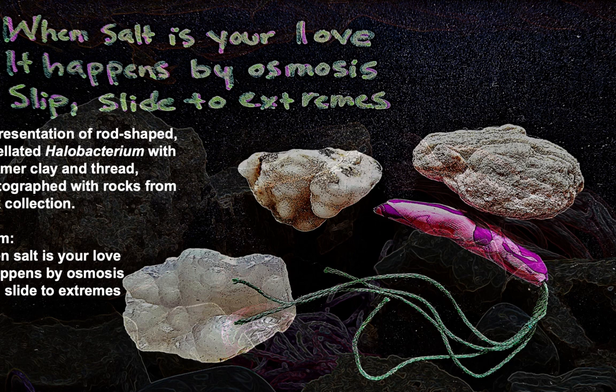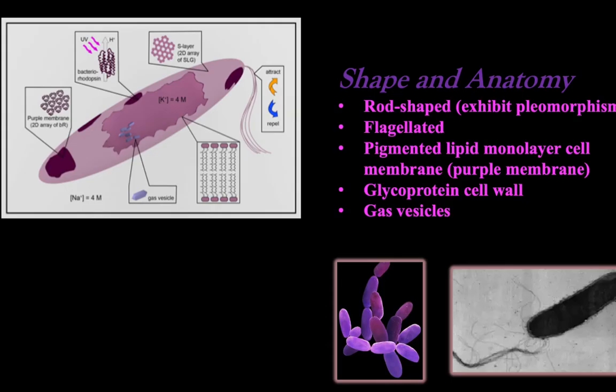As the prefix in the name implies, Halobacterium thrive in hypersaline environments. However, the suffix bacterium in this case is a misnomer, since scientists now know that this microorganism is not a bacteria but a member of Archaea instead. They share many common features with other members of Archaea. They are pigmented, they are bordered by a lipid monolayer containing ether-linked phospholipids enclosed within a glycoprotein cell wall. They are flagellated, which allows them to swim to places where growth conditions are optimal. They are generally rod-shaped, but some species members are highly pleomorphic and can exhibit some unusual shapes. And rather unique to them is the presence of gas vesicles that allow them to float.